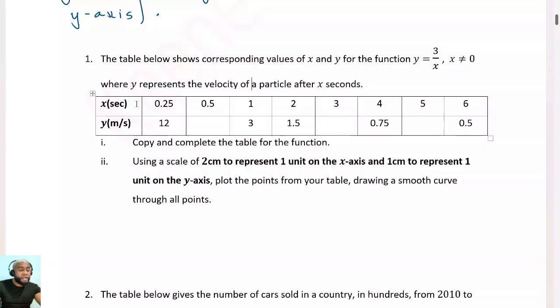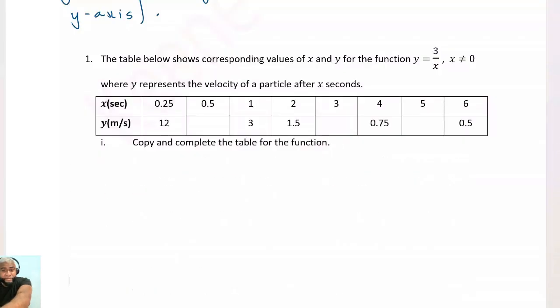So we need to plug each one of these x values into my function to complete the table above, right? So this is how we complete our table above here, right? My x value for the first column was 0.25. When you put that into the equation, which is y is equal to 3 over x, right? This is,